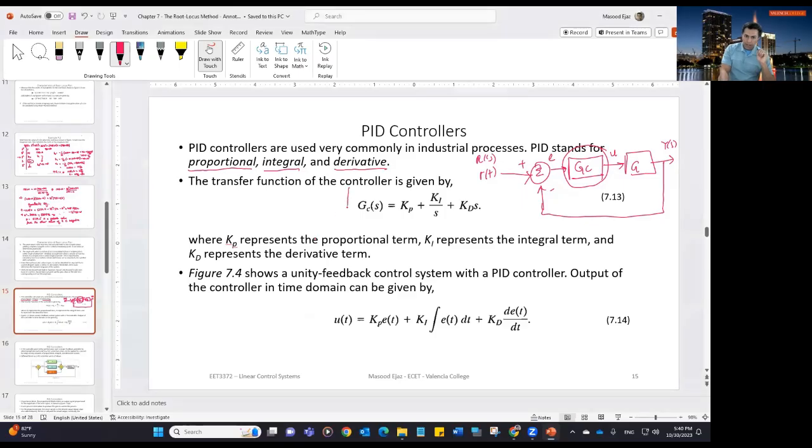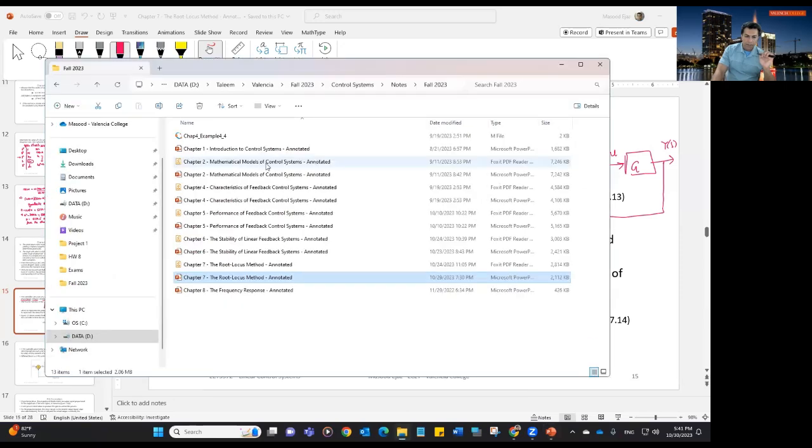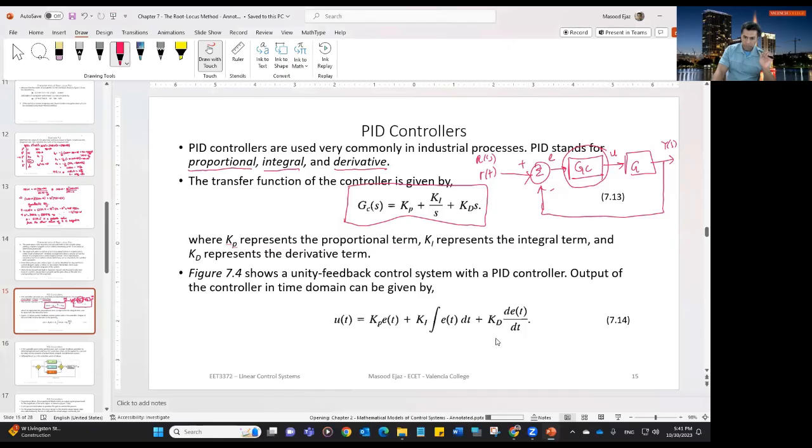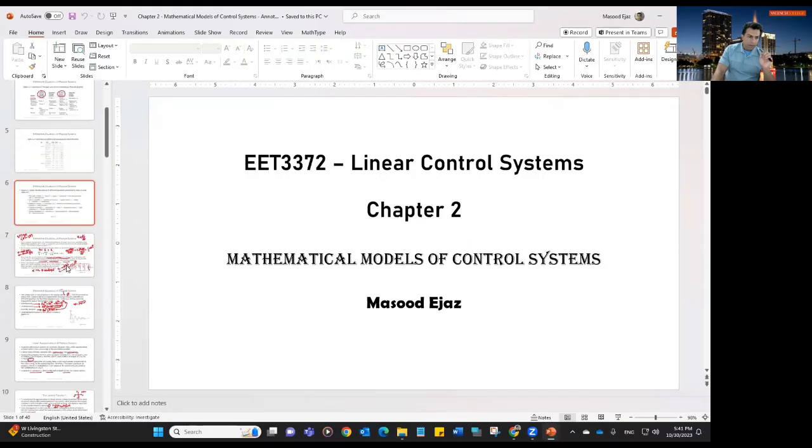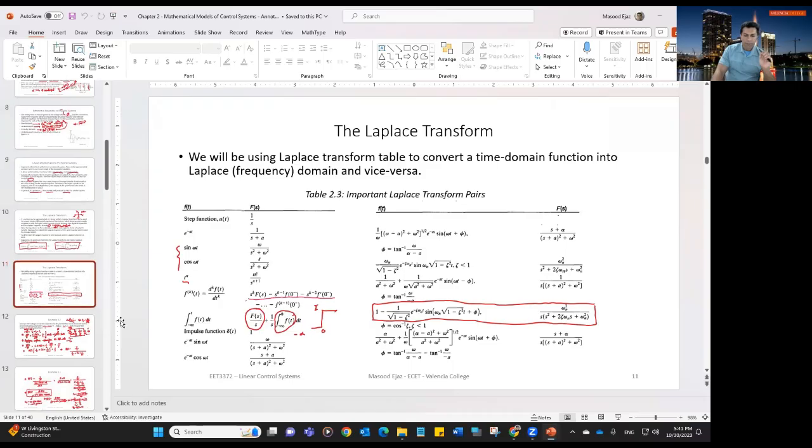So if we look at the controller transfer function, the transfer function of the controller is Kp, which is the proportional gain, plus Ki over s. Remember, integral, and let me open chapter number 2, where we have the table. Let's open that. Let's see right here. So if you look at the Laplace table that we discussed, integral,